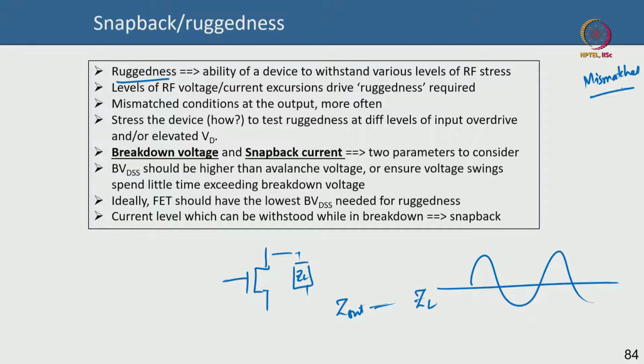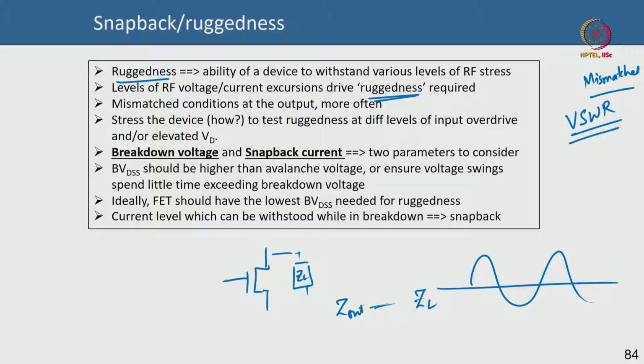A mismatched load is presented at the output intentionally, and you see to what mismatch ratio your device behaves within the acceptable limits. So that's how people test for ruggedness. Okay, we are calling it at the level of RF voltage or current excursion. So the way they show it is basically a VSWR ratio, voltage standing wave ratio,